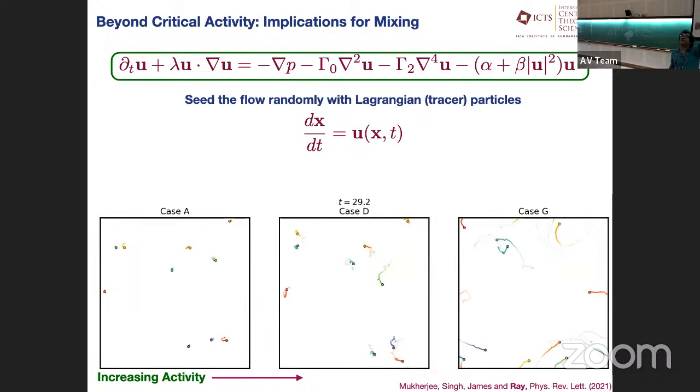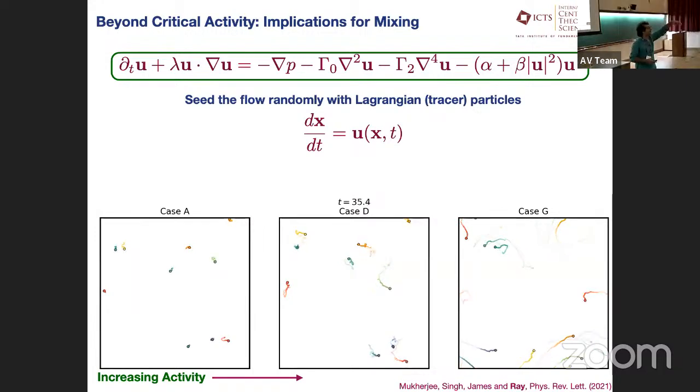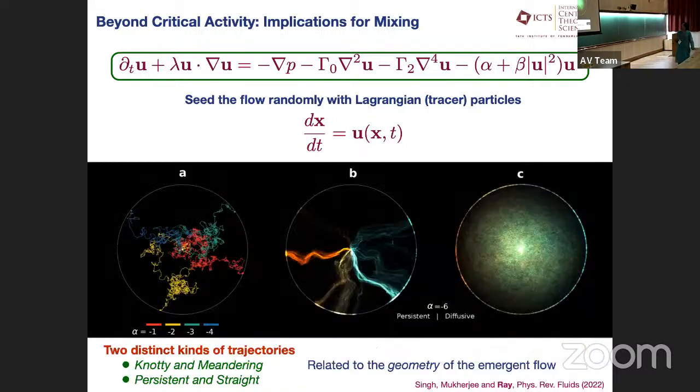Tracer particles would be like in an experiment if you put a blob of dye, and then you see how the dye moves. So these are my dyes, they're helpfully colored. These are for different activities, and they tell you how a tracer in this bath will start moving. What we found was a very interesting behavior. This is a plot where I've shown trajectories for 3-4 different levels of activity colored in different ways.